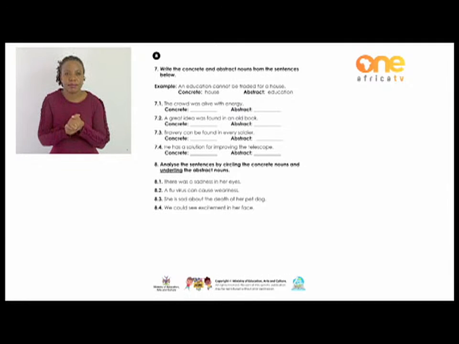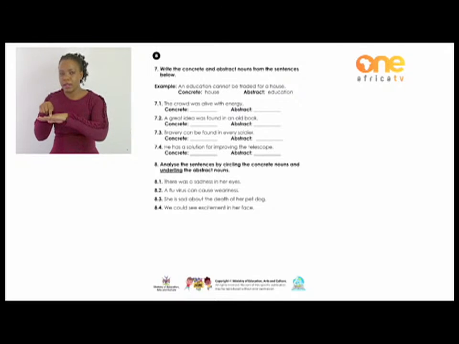Analyze the sentences by circling the concrete nouns and underlining the abstract nouns. When you read the sentence, you see a concrete noun, you circle it, and then when you see an abstract noun,